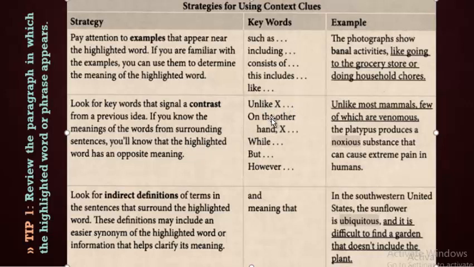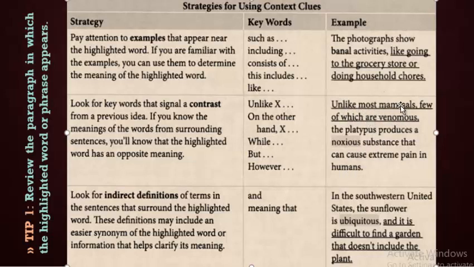Unlike, on the other hand, while, but, however. An example is taken: Unlike most mammals, few of which are venomous, alright? And I don't know what you mean by venomous. Okay, the plant types produce a noxious substance that can cause extreme pain in humans. So here it means that,